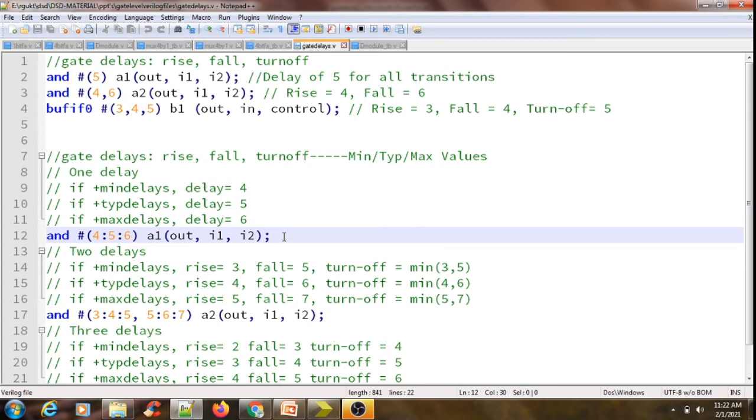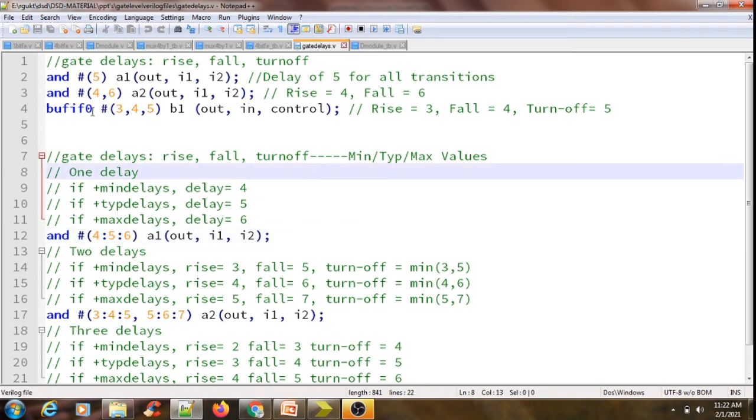So the time consumption or the delay may vary from a minimum value to a maximum value, or it may also have a typical value. In a similar manner, our logical gates are associated with the same concept. Okay, so like I have mentioned here, only one delay.